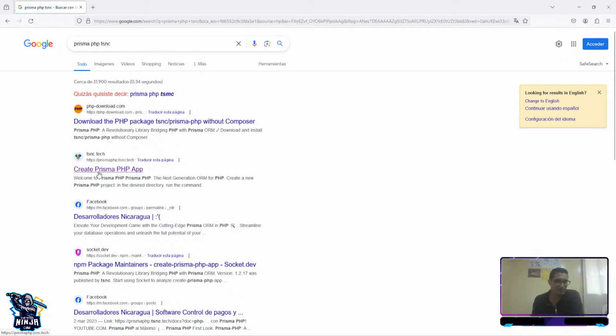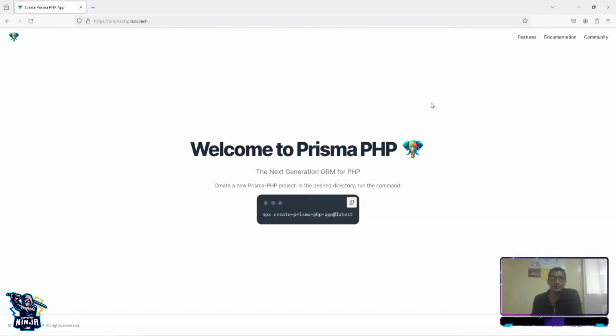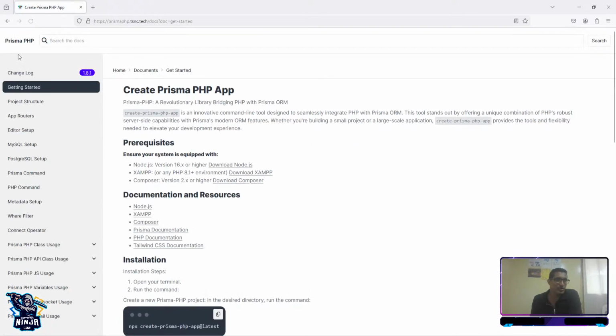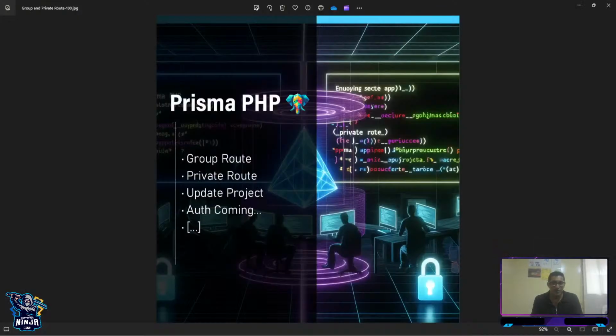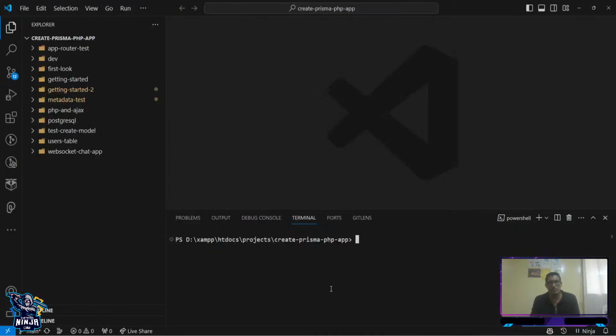to get into the documentation. So remember to always check the changelog to always get the current added features. So here are the added features in this version. What we're going to talk about is the group and the private role first, then we're going to switch to the other ones. So to cover that, what I'm going to do is open my VS Code, and